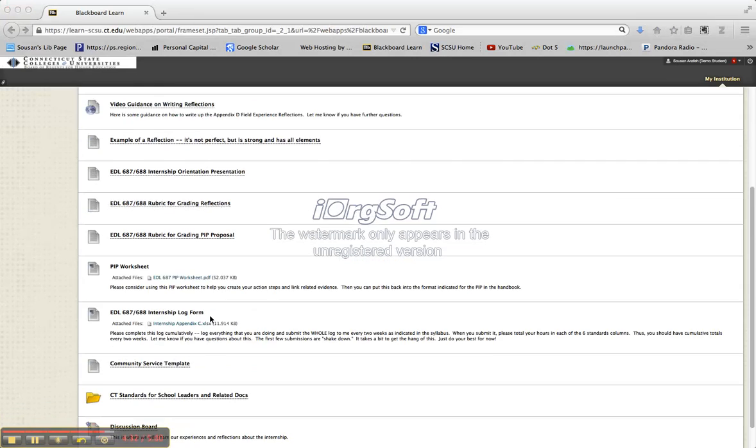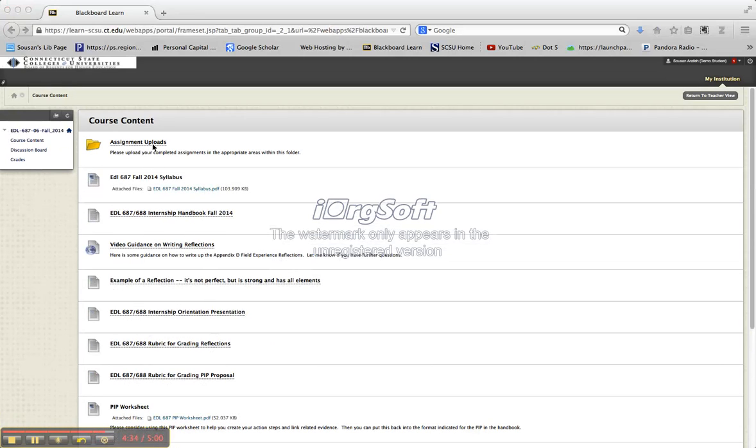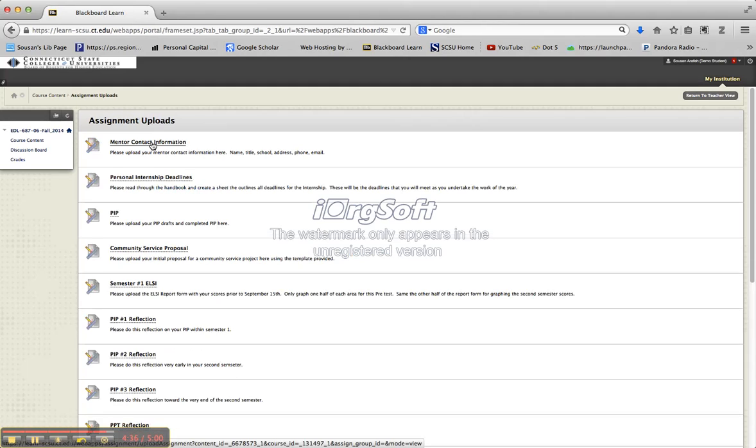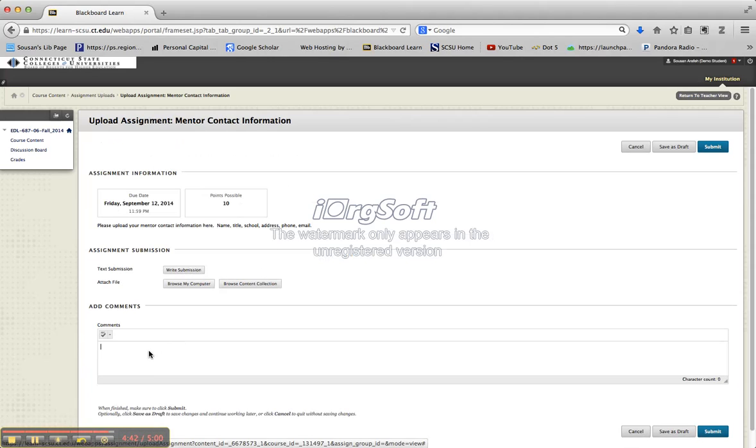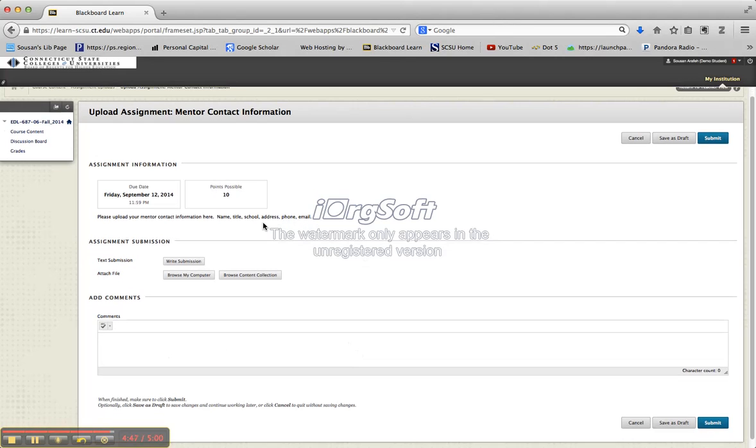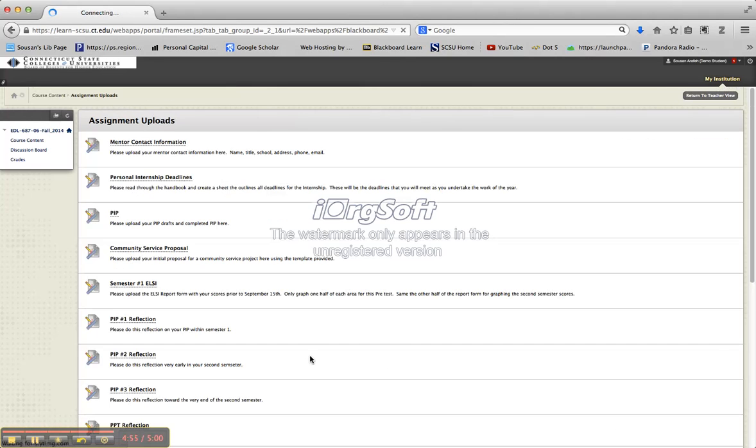And now I was going to go to the assignment uploads just to show you how to upload an assignment, for example, your mentor contact information. I would like you in the comments box to indicate who your mentor is and provide the contact information here, and then you would click submit, and then I would be able to see it. I'm going to cancel right now because I'm not a student. Similarly,